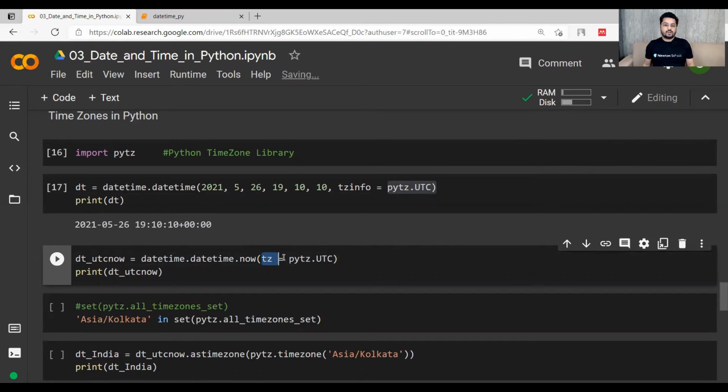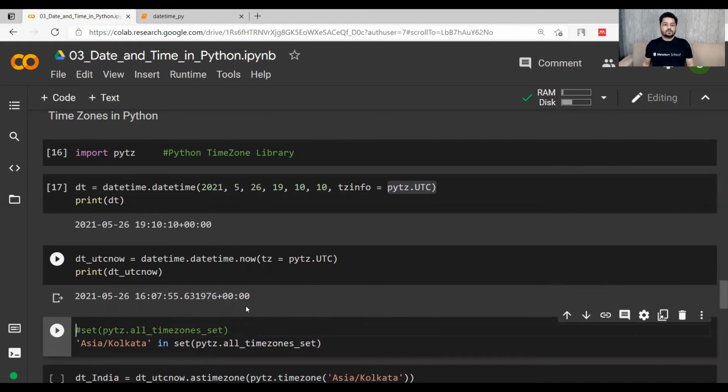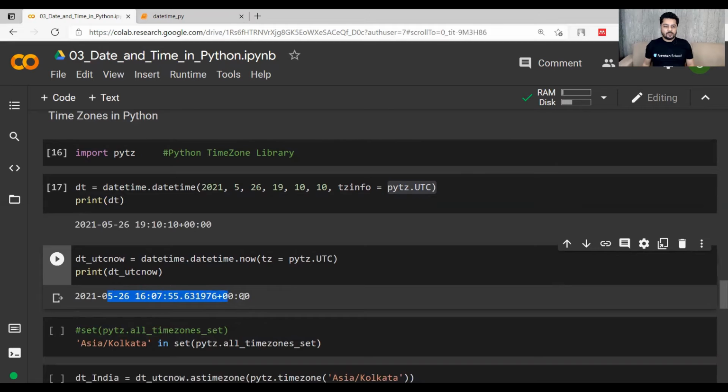In this, you give the argument tz equal to pytz.utc, and let's print utc now. So UTC now gives me the exact time right now according to UTC. You have to add 5:30 for my time zone to get the current time, which is 9:37 p.m.